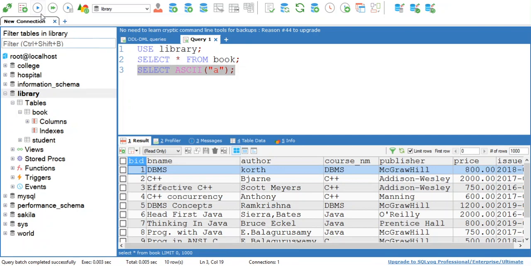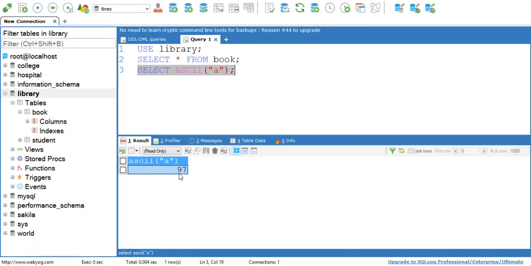When you execute this query, it will give you the ASCII value of lowercase a. See here at the output you can see 97. It is the ASCII value of lowercase a. If you replace this lowercase a with uppercase A, then it will give you the ASCII value of uppercase A, that is 65.